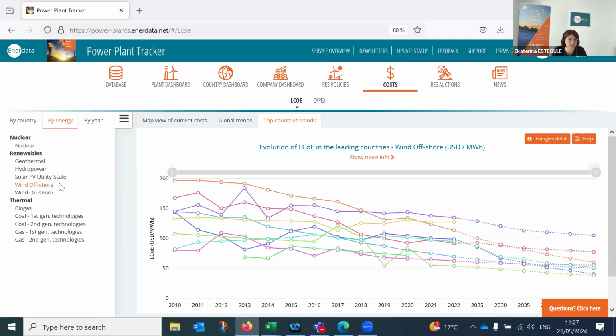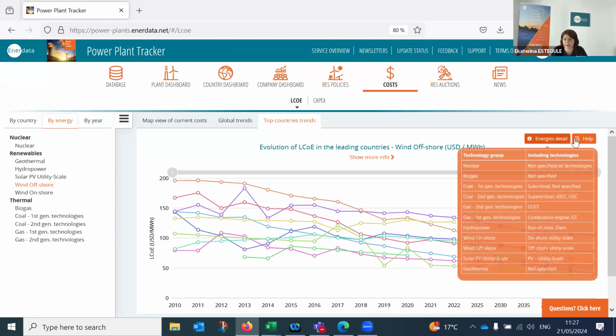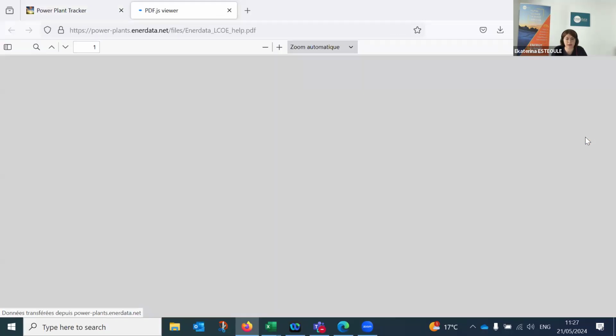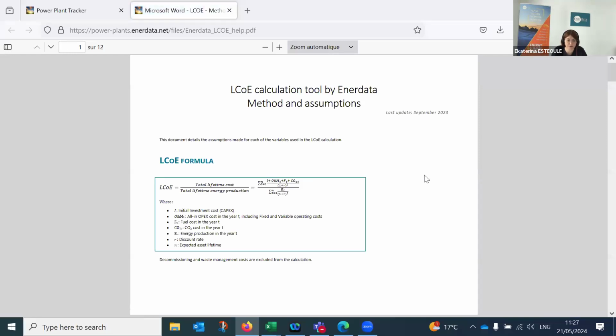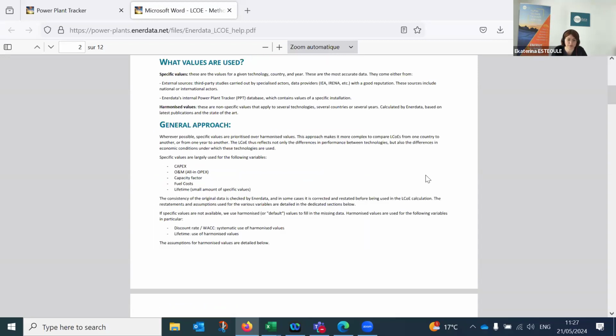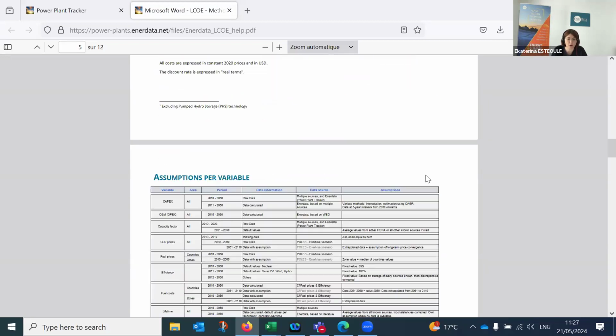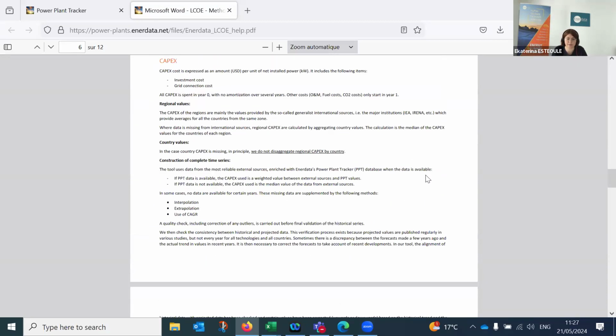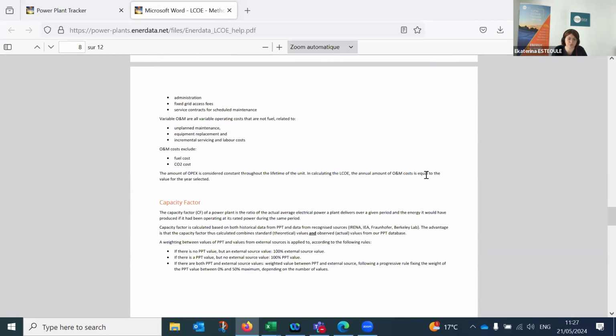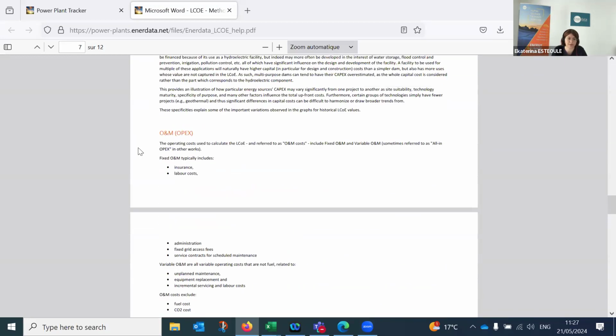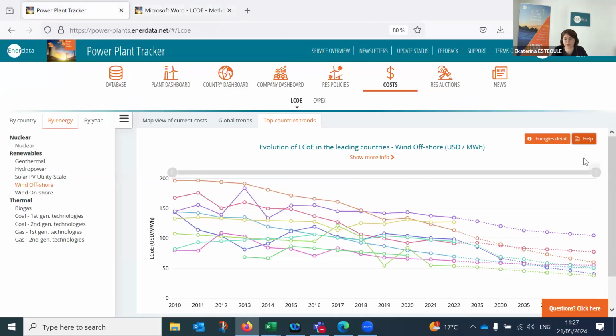Of course, here we are looking at wind offshore technologies. And also, you can easily consult the document on our formula for levelized cost of electricity, how it has been calculated, and what's behind the assumptions for the forecast data. All this information is available quite quickly just by clicking on help.